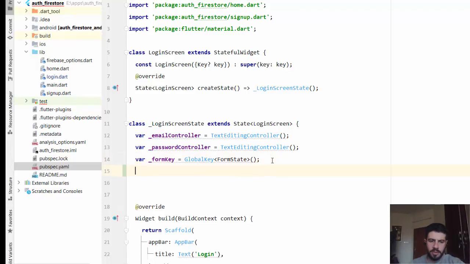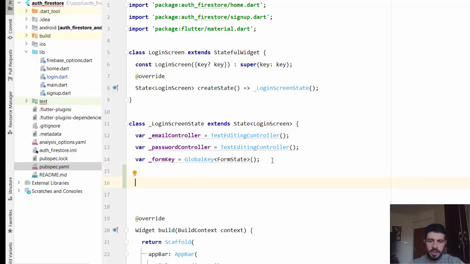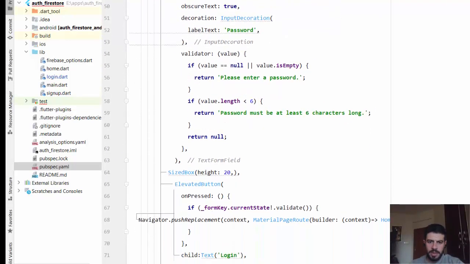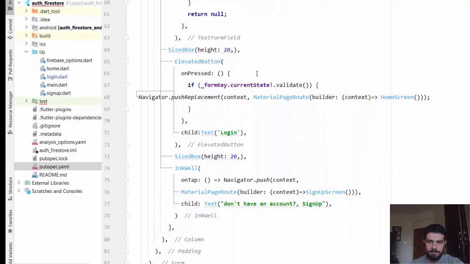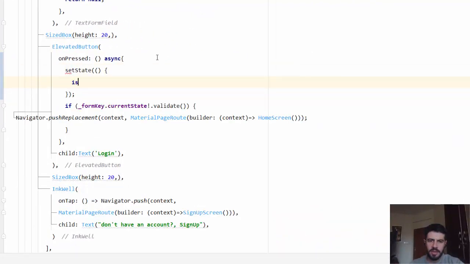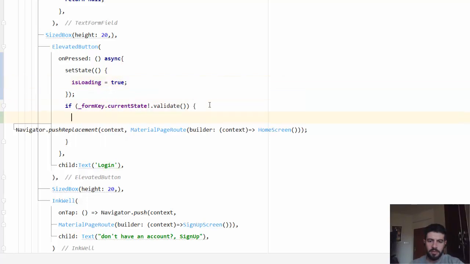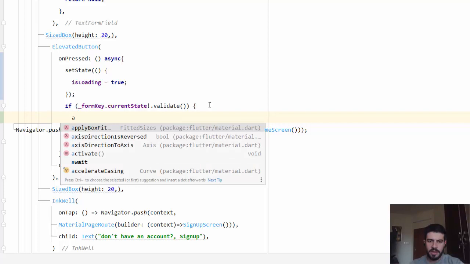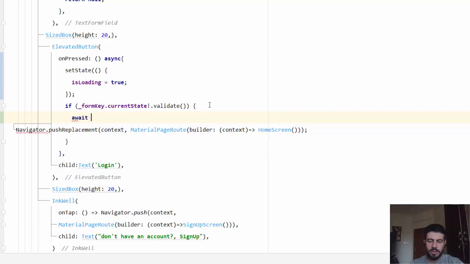We just need Firebase Auth, not Firestore. So I can just say here isLoading initially, and then when the user presses on the login here, now I just make it go to the home screen, but before going to the home screen, I need to make it async, and here setState, and isLoading will become true. And then if it is valid, we need just to use the same thing, await,